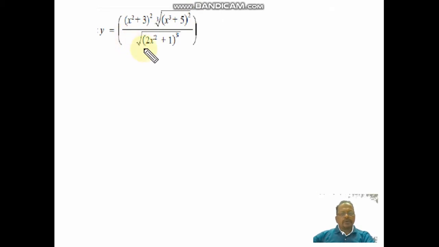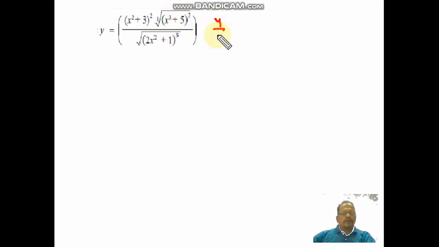Let's start solving problems using logarithm. The first problem is y equal to x square plus 3 bracket square multiplied by cube root of x cube plus 5 bracket square divided by square root of 2x square plus 1 bracket cube. Now if we want to solve this without using logarithm, then we have to first use u by v rule,